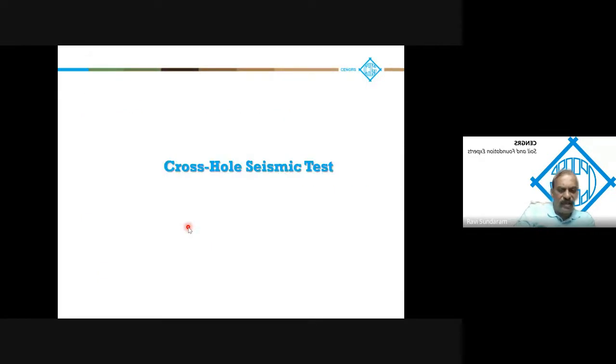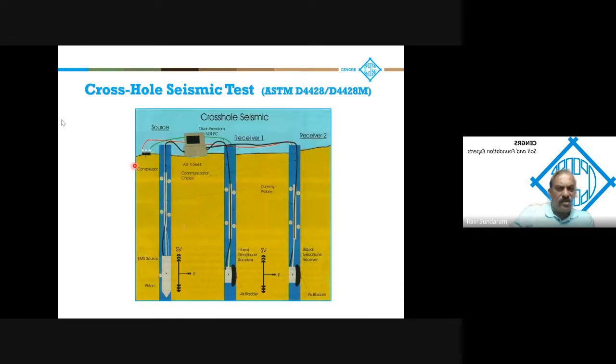So I come to crosshole seismic test. So here you have 3 boreholes usually along a line, spaced 3 to 4 meters apart, and you have a source in one borehole. It's a piezoelectric source in which you create an energy, and geophones in the adjoining boreholes. So the energy is generated here, and you receive the waves there, and from that you can interpret the wave velocities.